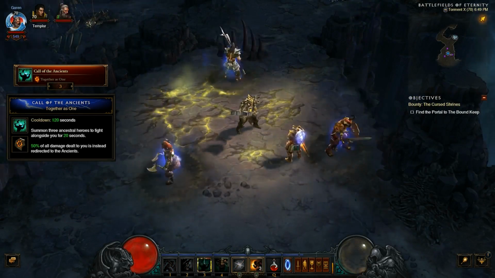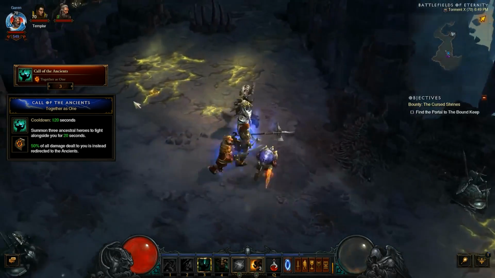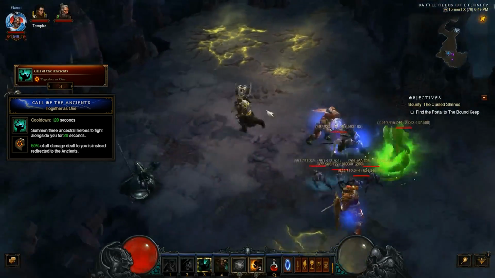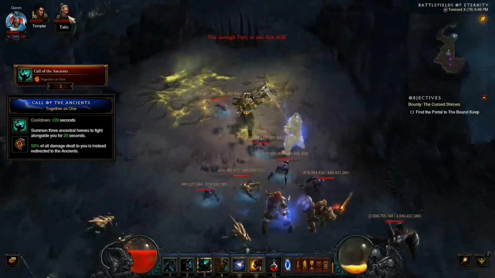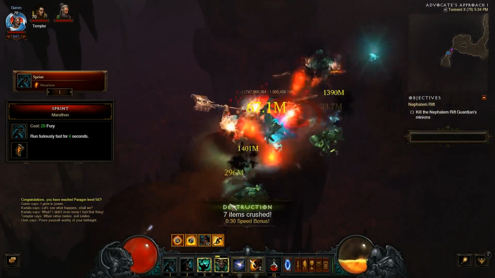The third skill you're going to be using is Call of the Ancient with the Together as 1 rune. This will reduce the damage you take by 50%. It's pretty straightforward, and with the 2 set Immortal Kings, the Call of the Ancient will last forever until they die. The last 3 skills you're going to be using are mainly buffs, the first one being Sprint with the